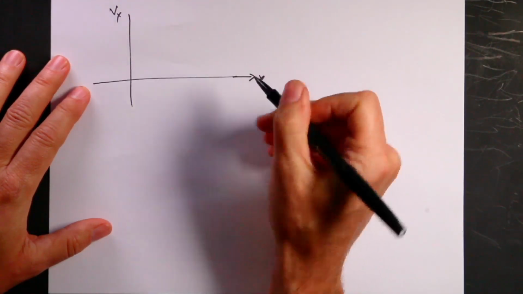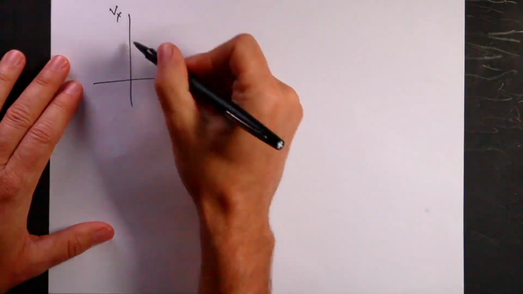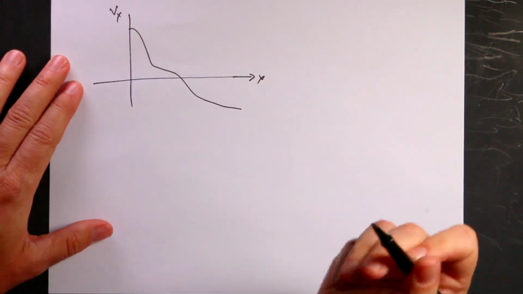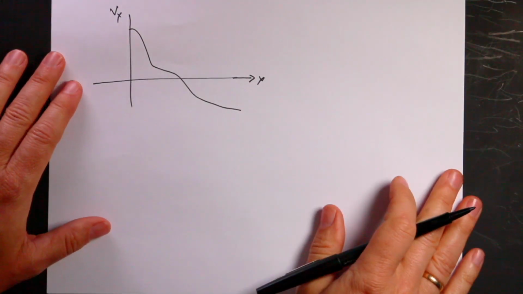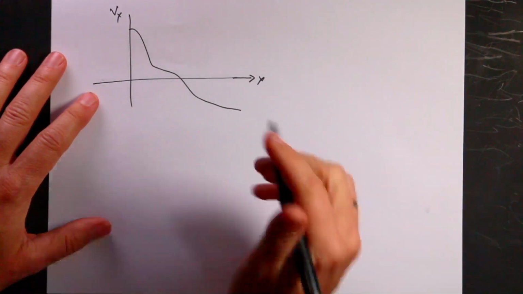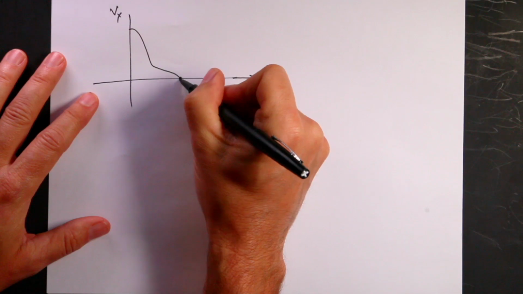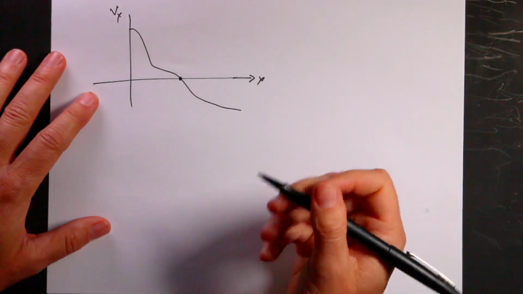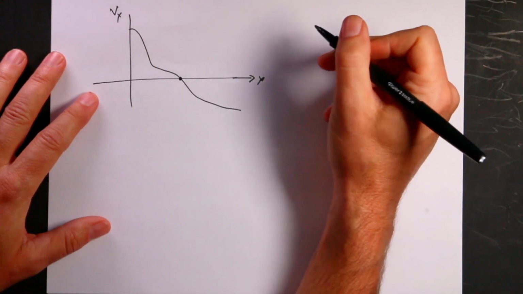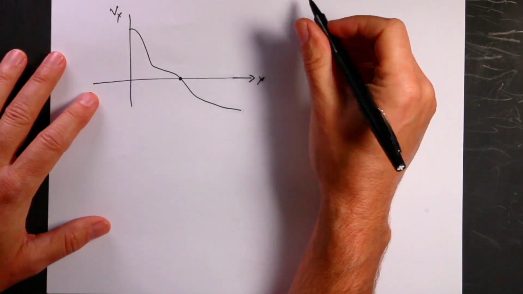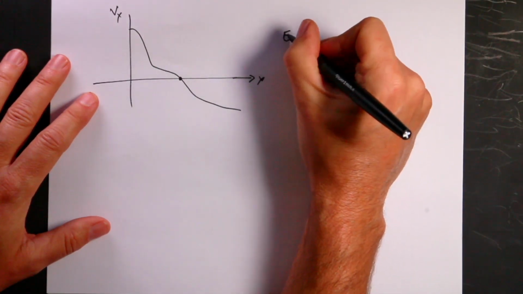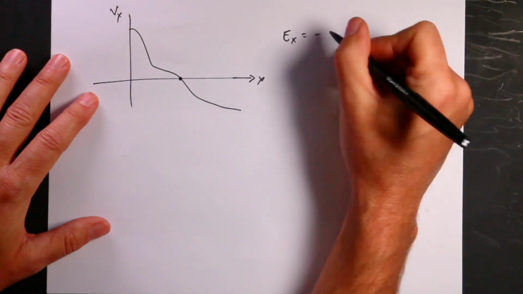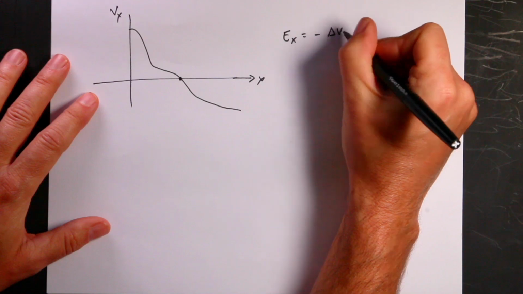It's some potential. And the potential looks like this. I'm just making up something here. Okay, so it's some curve. And I want to find out where this is, where that point is right there. So first of all, I know that there's a relationship between the electric potential and the electric field, right? So the electric field in the x direction is equal to negative,